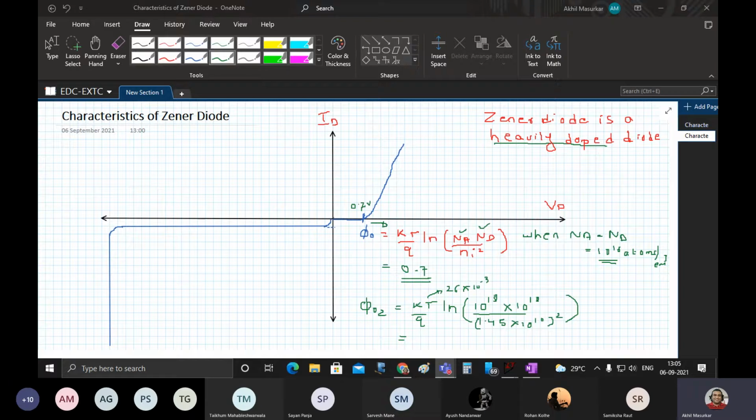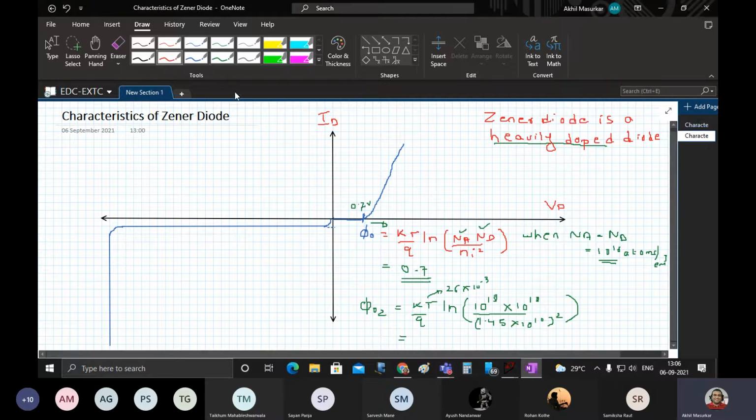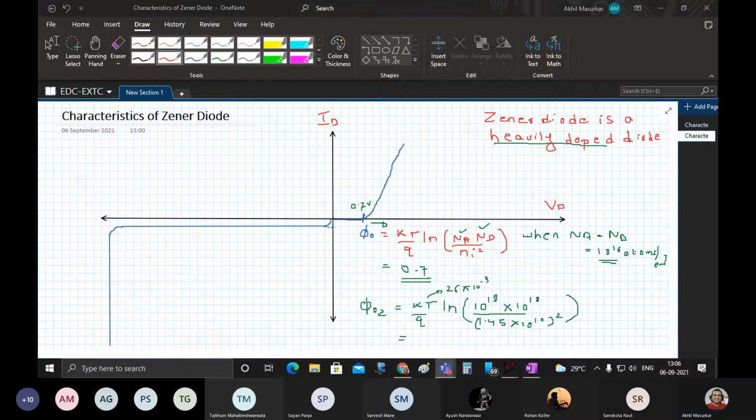Yes, can you put the answer in the chat box, please? Remove your calculators. Always during the lab and the lecture, you should have your calculator with you. Without calculations, you can really never become an engineer. You should know how to calculate and estimate. Estimation is the first thing in any design. Yes, what are your answers?